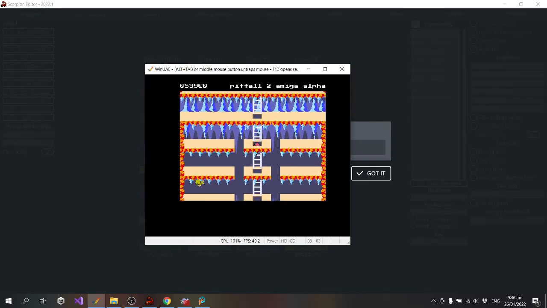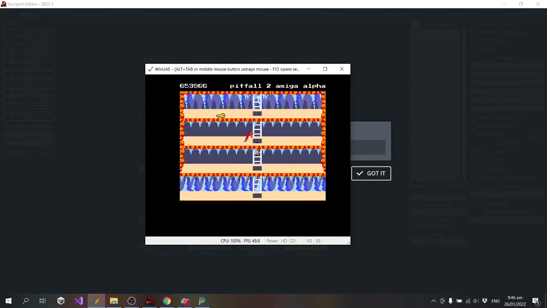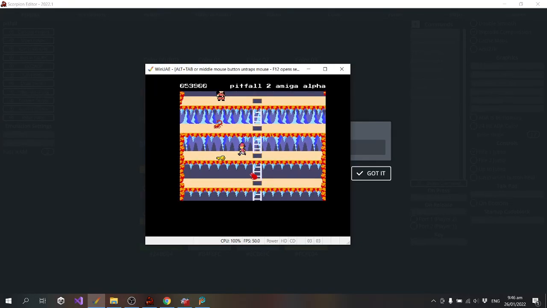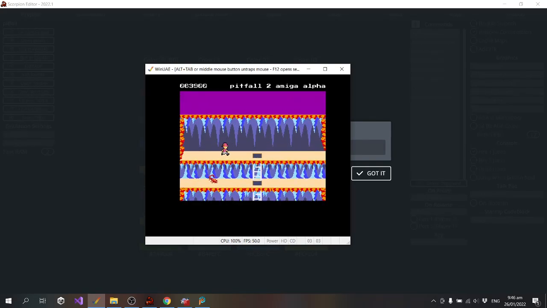Hopefully I can get through here okay. Another save point. Hopefully I can get past that frog. Then I go rescue her.